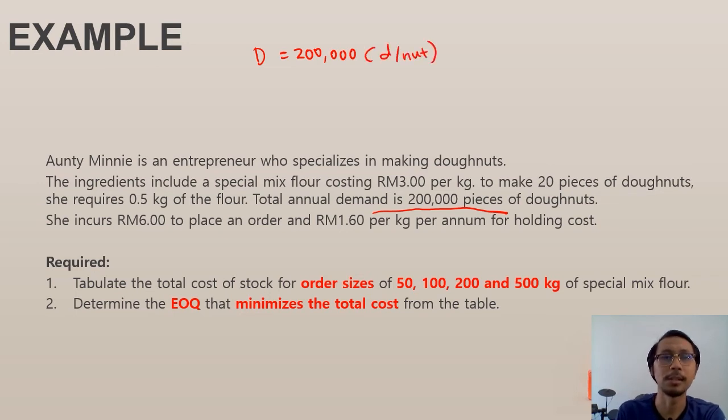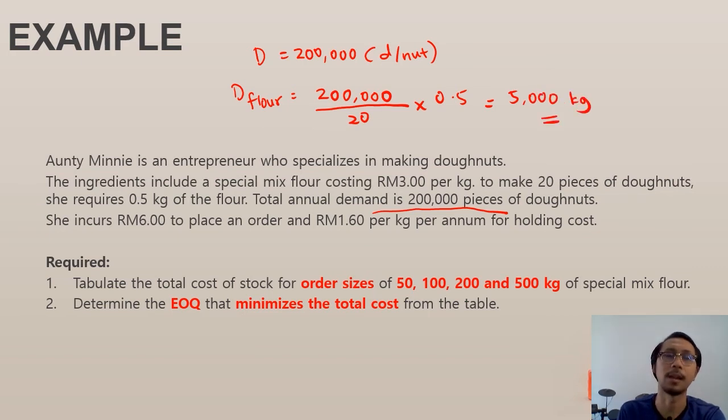So we need to calculate the demand of your flour. So how can we calculate the demand of the flour? Now let's look. You need to take your total demand of the product, divide by 20 pieces and times with 0.5 kg. Then you will get 5,000 kg. So this 5,000 kg is the demand of your flour. So you will use 5,000 kg instead of 200,000 pieces of donut,